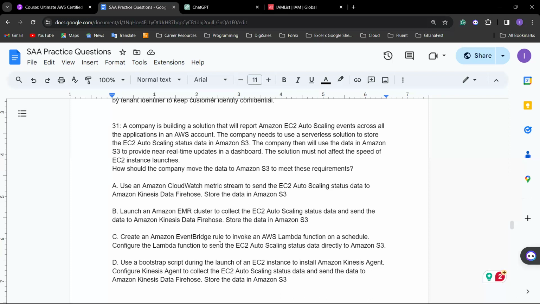The status data directly into Amazon S3. All right. And then also here use a bootstrap script during the launch of the EC2 instance. Like too many answers. All right. So I'll also